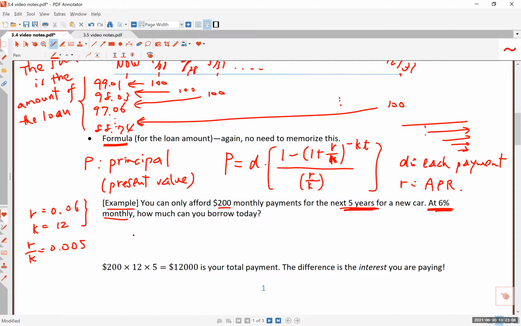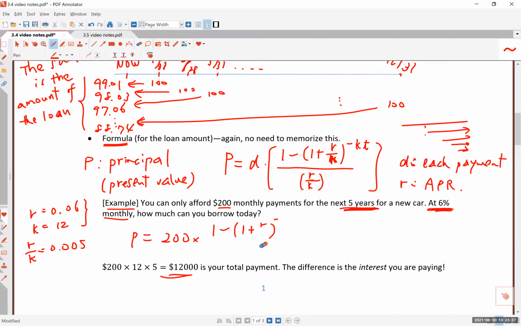All right, so just using the formula, we can calculate almost immediately how much money you can borrow. By the way, the amount, oh, you know what? I will do this later because it's going to be right here. But the amount of money that you can borrow today is going to be $200 times, now this is going to be a big portion, which I, of course, encourage you to calculate first. 1 plus R over K